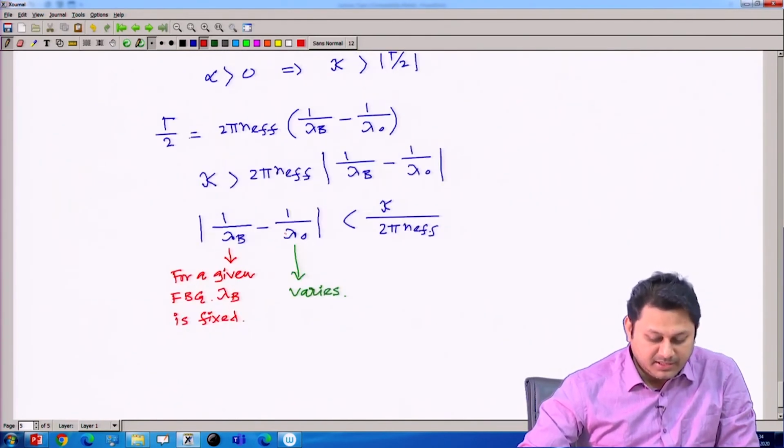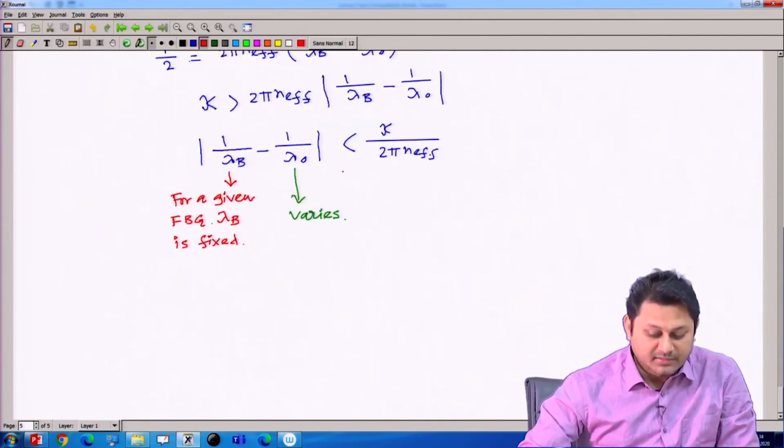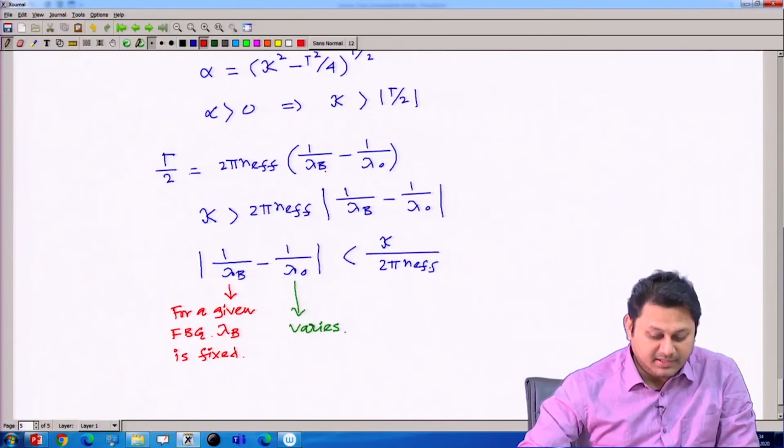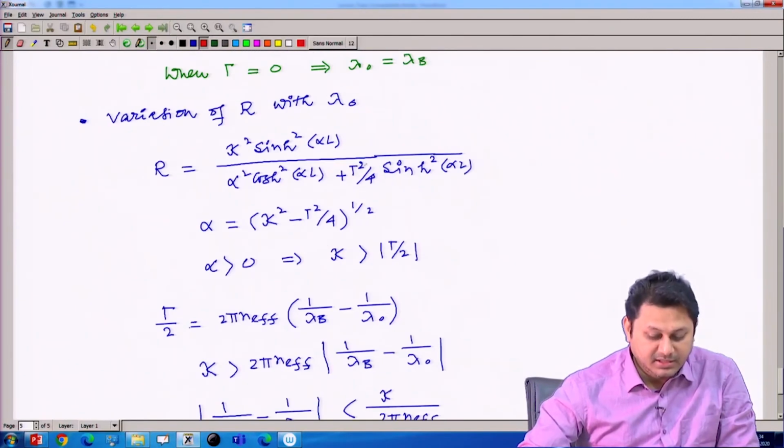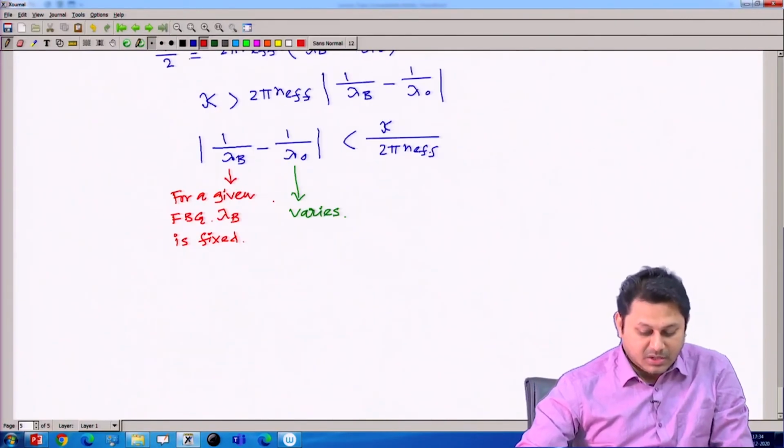Now, there is a possibility that if I keep on changing lambda 0, this quantity may be greater than kappa divided by 2 pi n effective. At some point it should be 0, and then again it will start changing. So, when it is greater than kappa divided by 2 pi n effective, we have a different condition, and for that case again this reflectivity expression is going to change. Now, let us